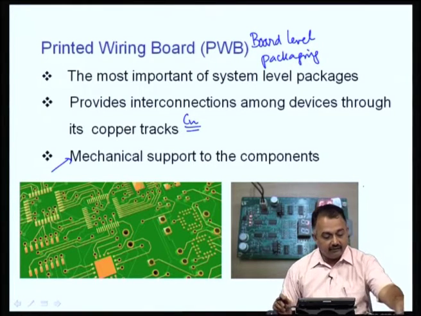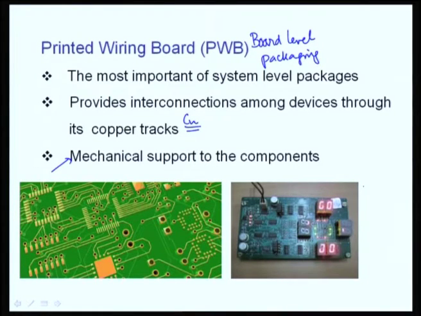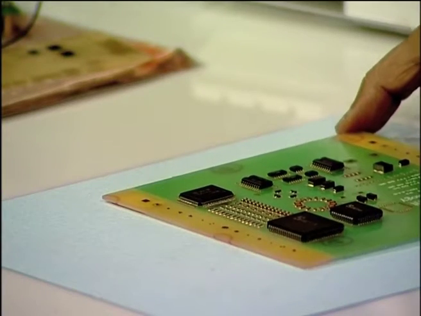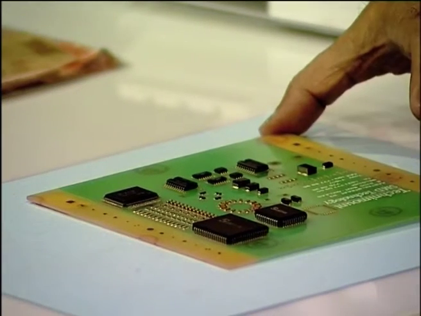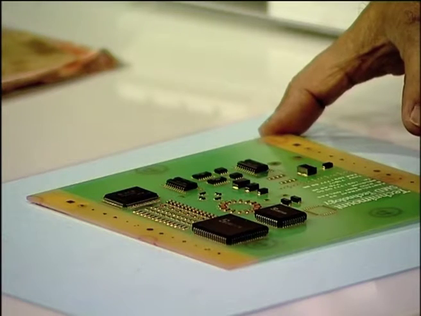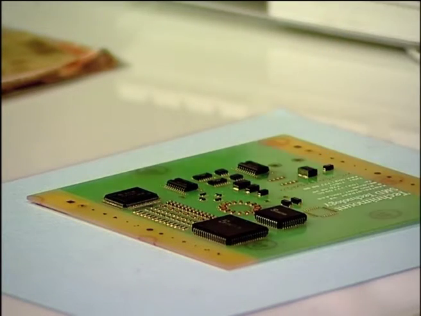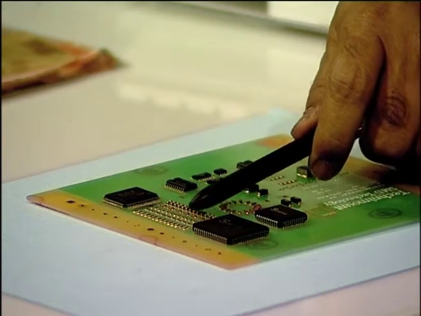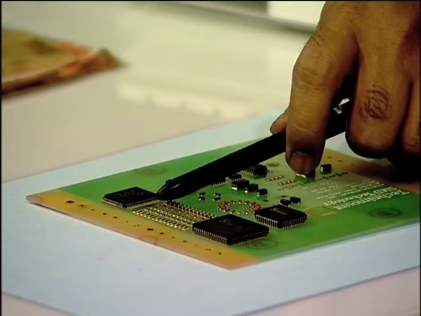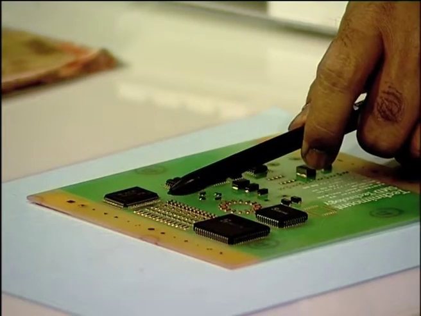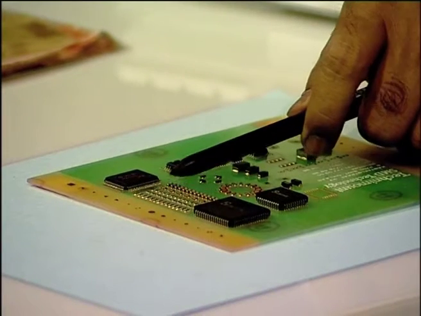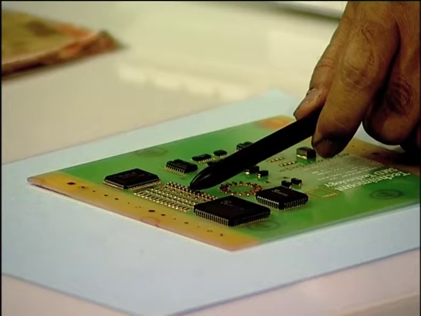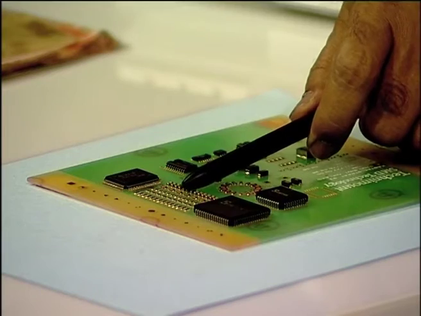So, you can see here in the figure or in the sample which I am showing right now, this is a printed circuit board. You can see various devices, all of them surface mount, and you can also see very tiny devices. These are all resistors and capacitors, very small in size, and to handle these you require equipment to pick and place and attach them onto the board.